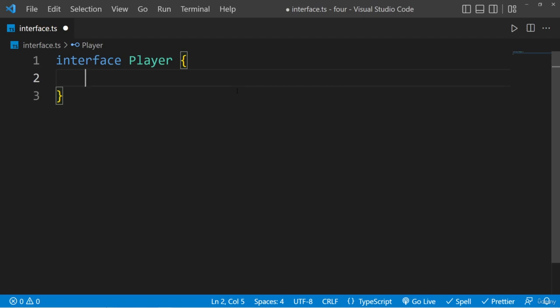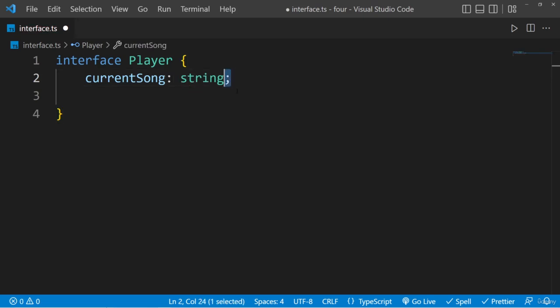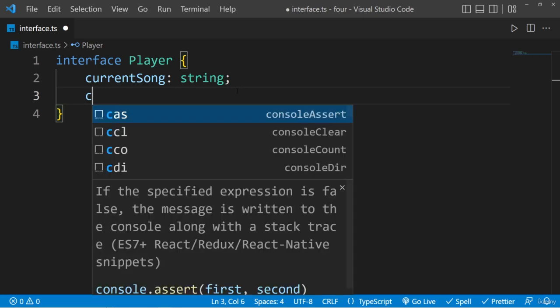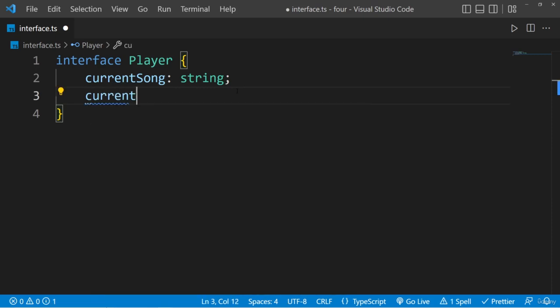Okay, now as you can see, to create these interfaces, first of all we have to use this interface, and if you notice here, I'm using this capital name for this player, and this is the convention. Okay, now here inside this player interface, I want to add this property called current song, and the type for this current song will be string, and after that I'm going to use the semicolon, and then let's use another property here, current song length, and for this we are going to use the type